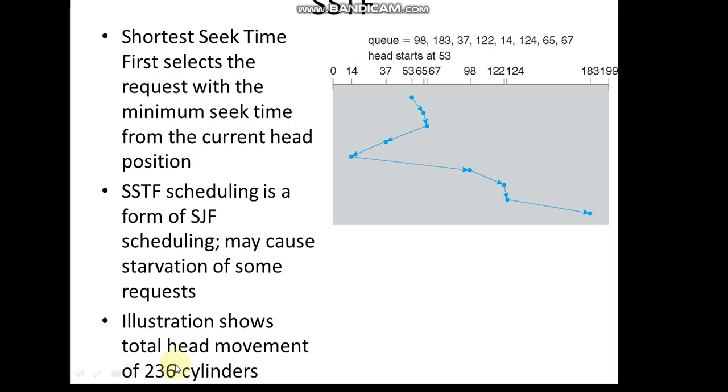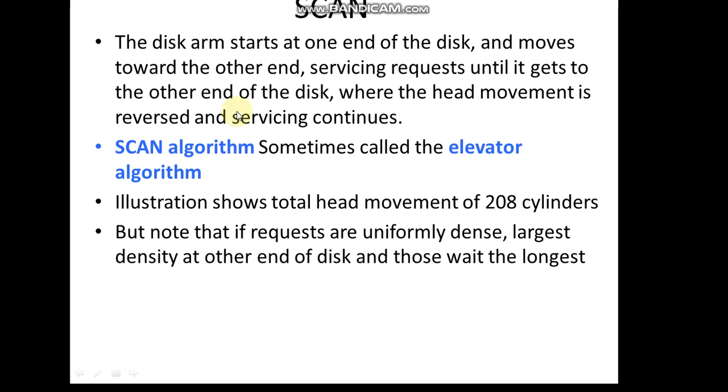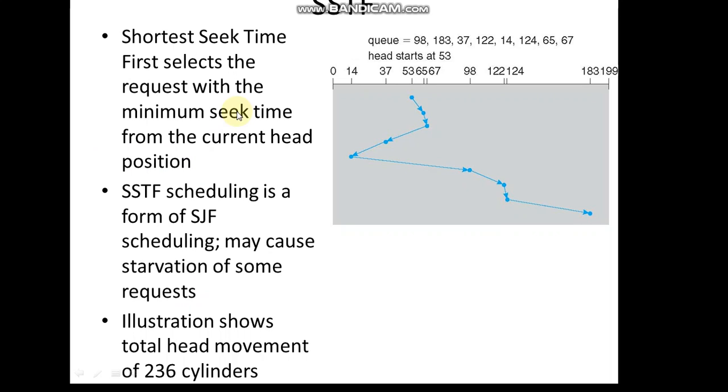So we can say that compared to FCFS, shortest seek time first is the better algorithm. It is faster than FCFS. But the drawback of SSTF scheduling is that it leads to starvation of some of the requests.